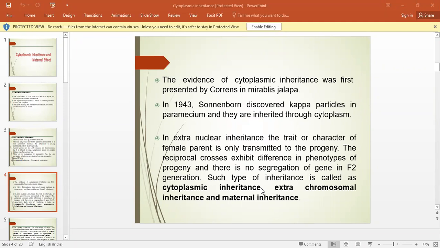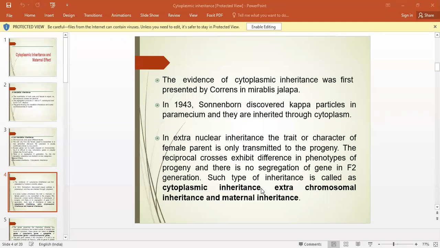What Mendel showed is that 50% of things come from the mother, 50% come from the father, and then the progeny is formed. This is the data given by Mendel, but it is wrong. Rather, the Mendelian data is right, but only for the nuclear thing, not for the extranuclear thing.